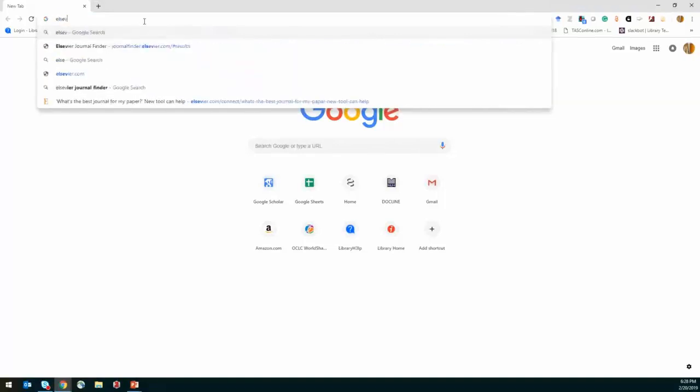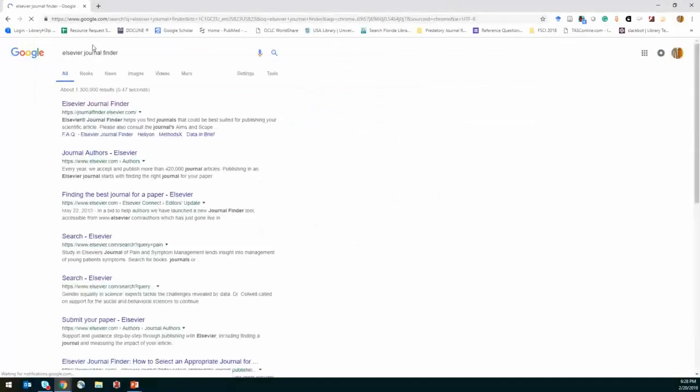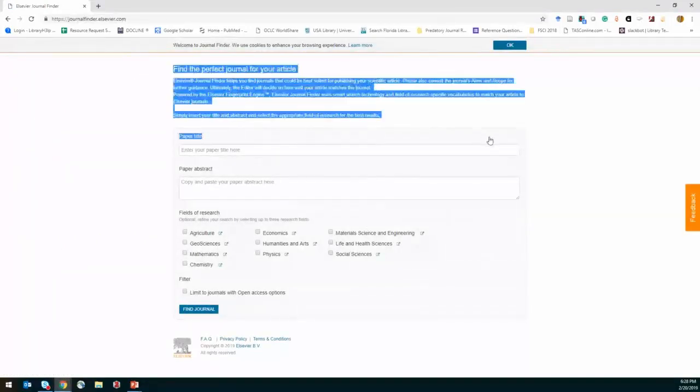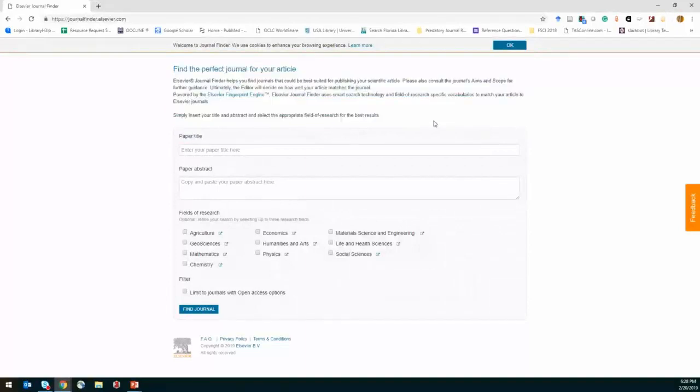Elsevier, which is one of the major academic journal publishers, has something called Journal Finder that is another similar one, but I believe their data set is very limited to Elsevier journals. I'm not sure how widely. I haven't been able to verify that specifically. But the interesting thing about this one is that you can actually enter a paper title and abstract, and then have it find a journal, which would then be listed by impact factors and some of those citations.